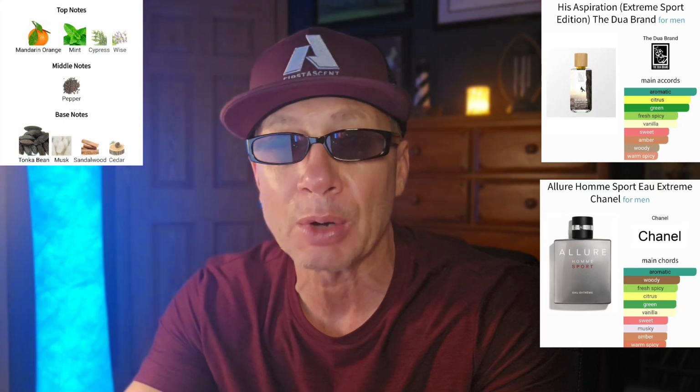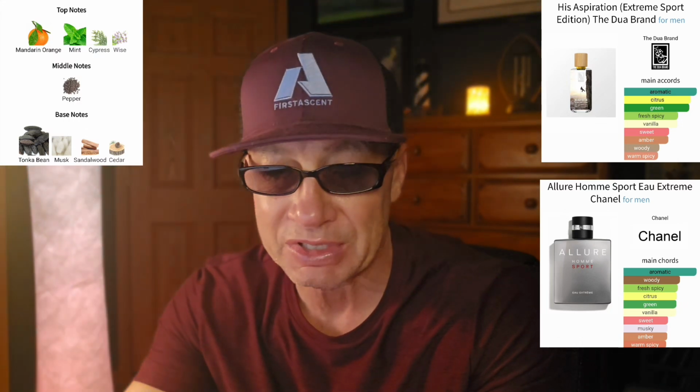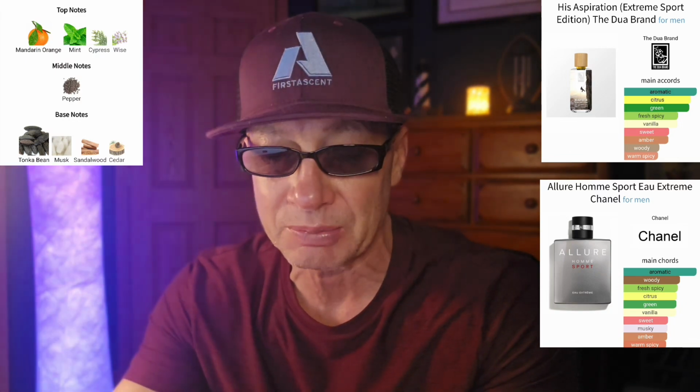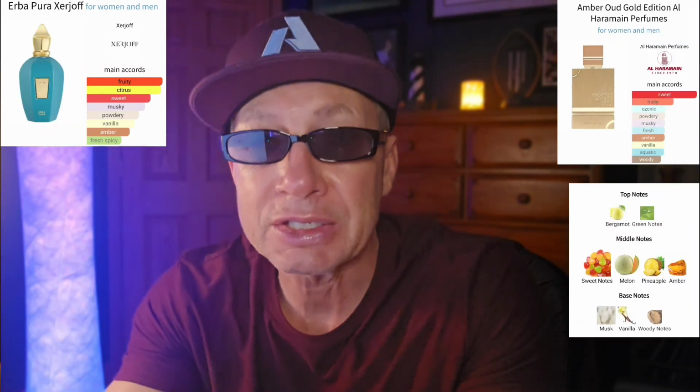Chanel knocked it out of the park with this fragrance to me. I love this one. It's fresh, creamy, refreshing to me. With that mint profile in it, it just makes it so refreshing to me. And I think Dua did a great job on this one. Love this one. All right, last up is a really good clone of Herba Pura, and it's this Al Haramain